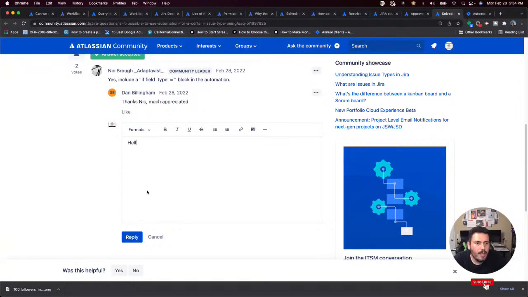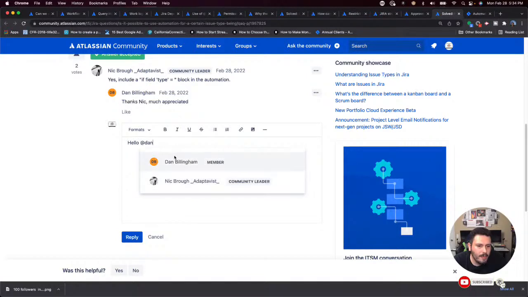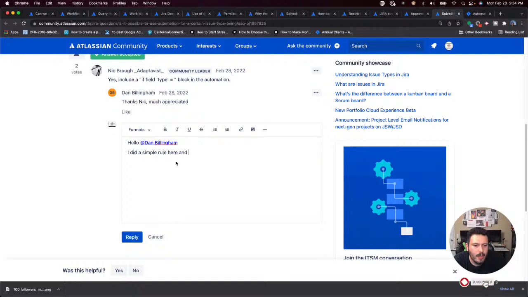Hello Dan, I did a simple rule here and wanted to share my code for the automation rule. I wasn't sure what kind of issue type you were interested in or what kind of notification, but here's what I did. And then I'm just gonna paste in my,